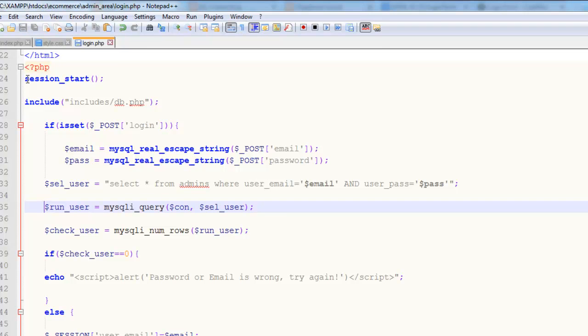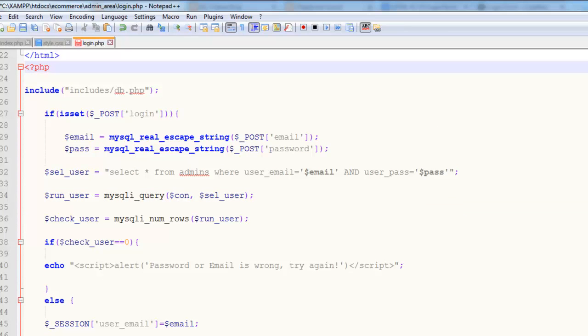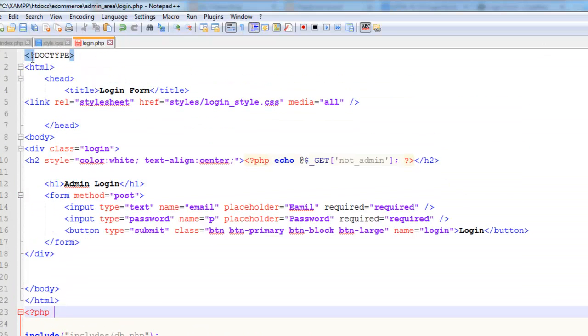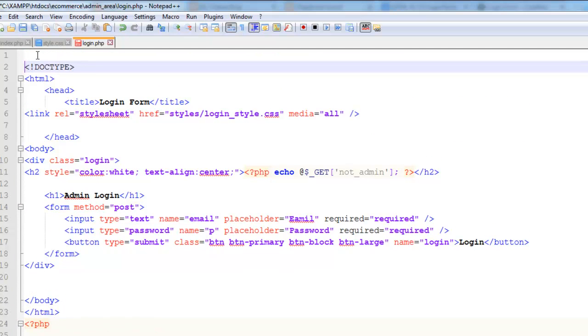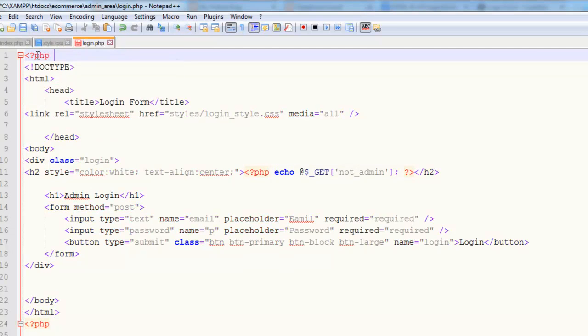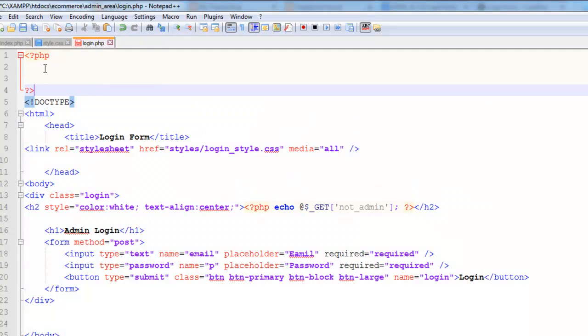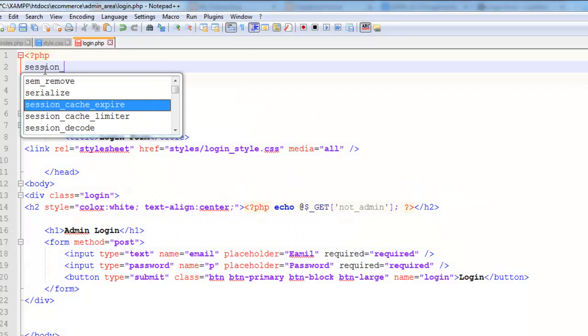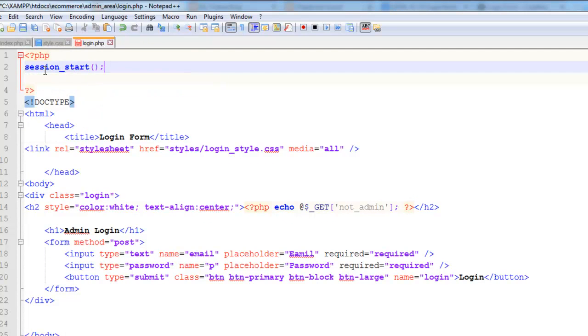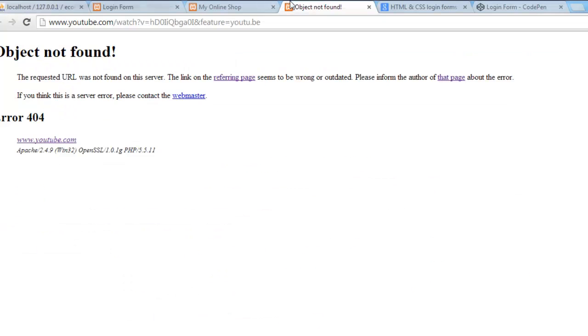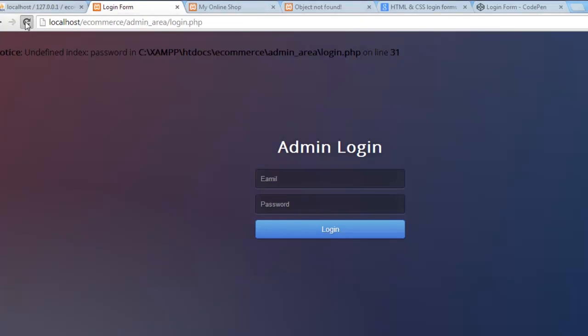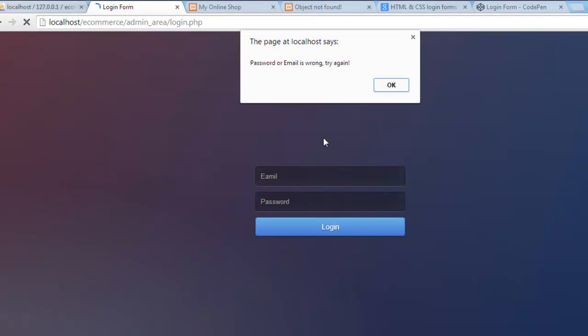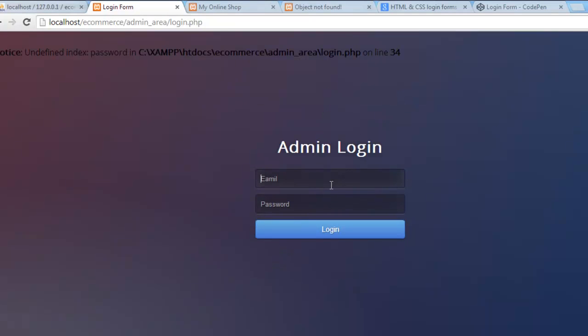We'll just remove this from here and we'll put it here before the HTML. Session_start. Control S to save. Refresh it. Okay,